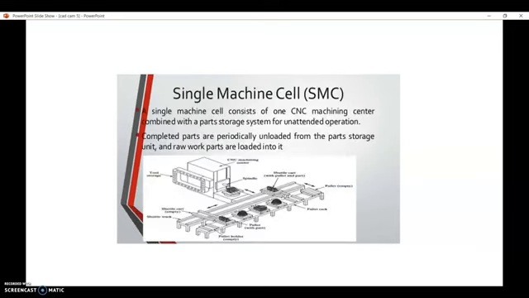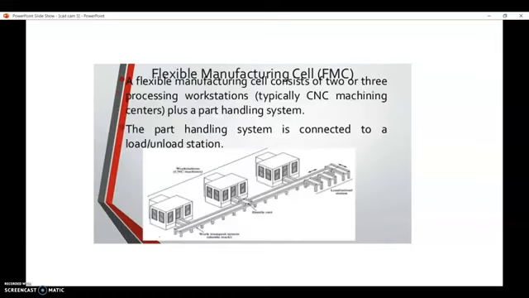Single machine cell. A single machine cell consists of one CNC machining center combined with a part storage system for unattended operations. Completed parts are periodically unloaded from the part storage unit and raw work parts are loaded into it.